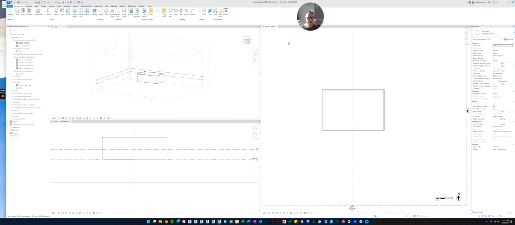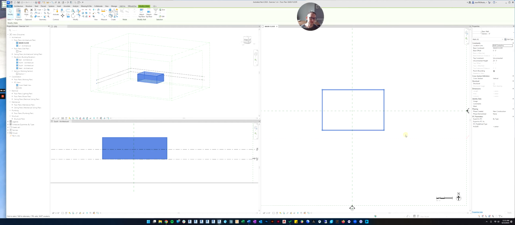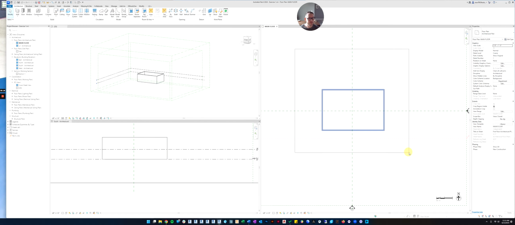Okay, so if you drag from left to right, it will only select whatever is completely inside the box. Do you see how the top wall, because it's completely in the box, gets selected, but the two end walls aren't selected because they're not completely in the box? Once I move the box to completely enclose them, it'll select them. Okay, so that's left to right. If you drag right to left, you get a different kind of selection box. Do you see how it's dotted? This box, anything it touches, it will select.